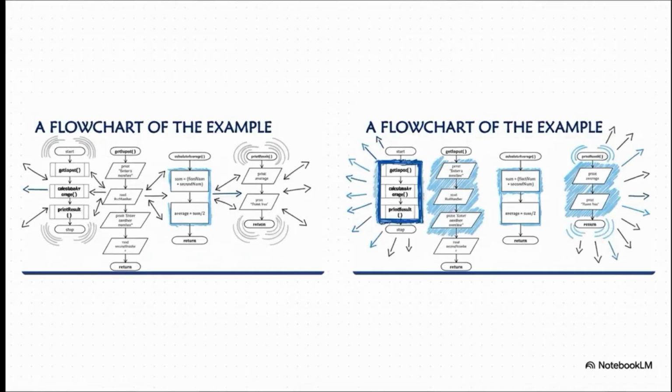The main program calls printResult, and it hands over that final answer. Control shifts one last time over to this module, it does its job of displaying the answer for us to see, and then it returns. And with that, the main program's work is done. All its tasks were delegated and completed perfectly in order.